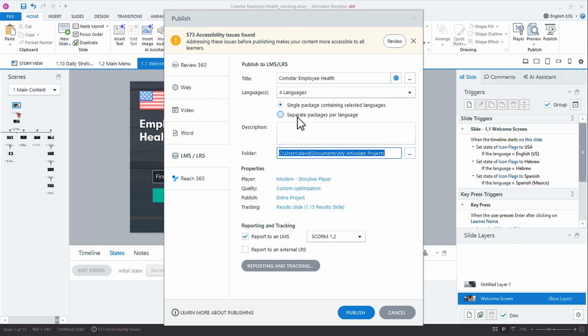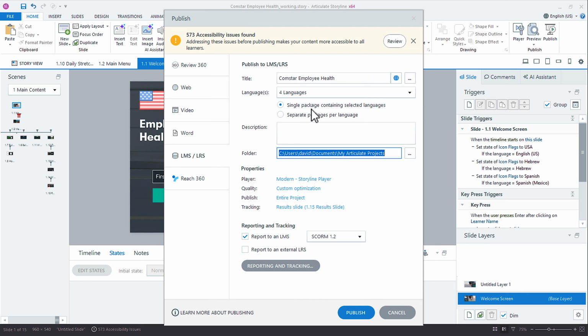That's actually really helpful because maybe English is their second language, and they're taking the English course, but then they want to toggle over to maybe the Spanish course just to see additional context. They can actually move back and forth between the same course in different languages and still be tracked as that single course. If your LMS doesn't support a single package, and most modern LMSs do support this,